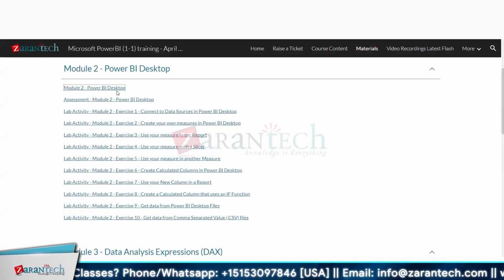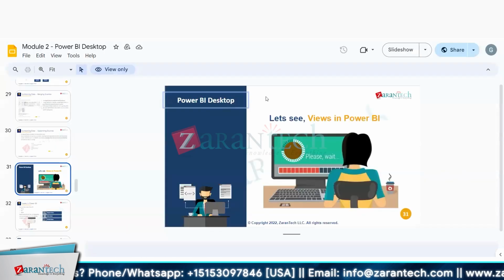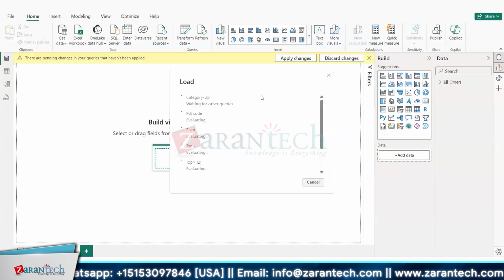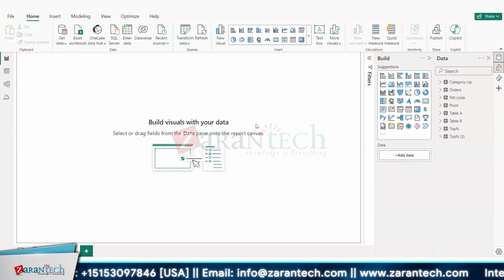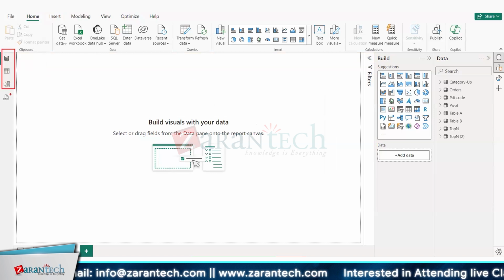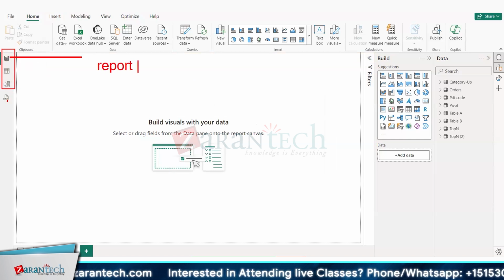So let's move to this part. What are all the views that are there in Power BI, so that we load the data first? On your left hand side, you can see there are three views. Ignore this one tab, this is a new thing. Only consider these three. The first one is called report view, where we can build the report,